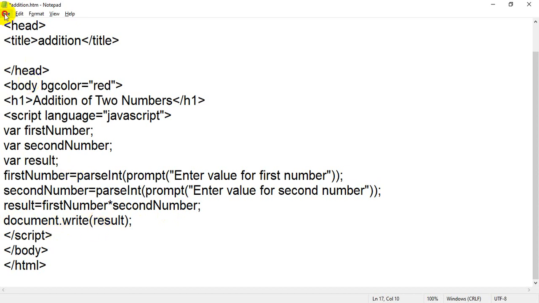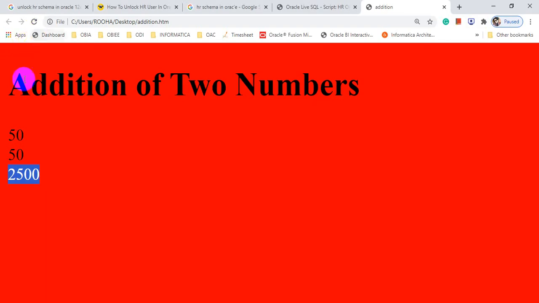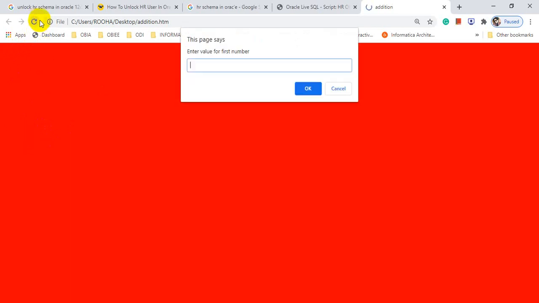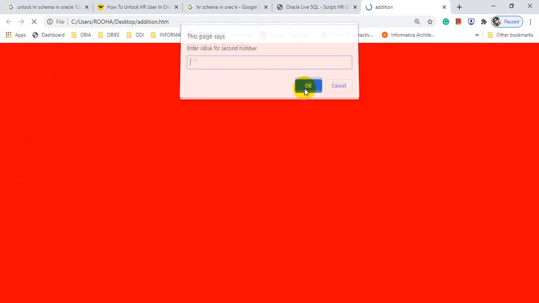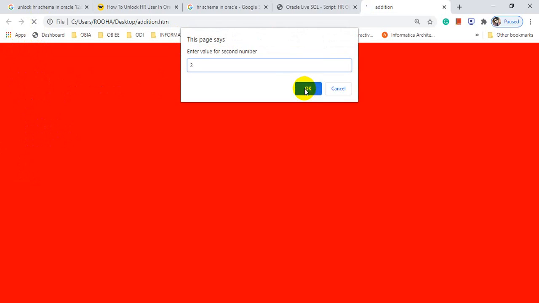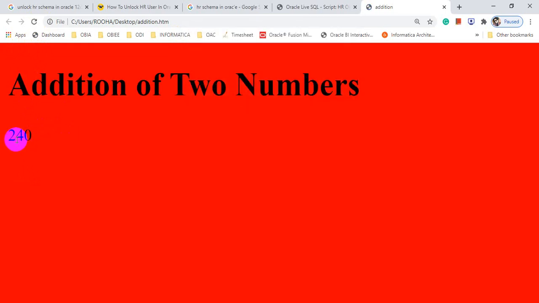Let me show you the output once again. Flip back to your browser. Now you will not get the first two lines, because right now I am directly displaying the result. My first number is 120, my second number is 2, so your output is 240.